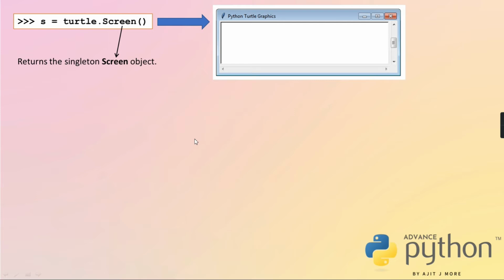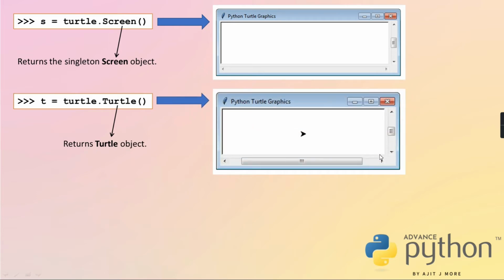When you run this, you'll see an output like the one I showed you just now. Now after this, the next thing is to create the turtle. To create a turtle, there is a Turtle class in the turtle module, turtle.Turtle. A turtle object is created. Once you create this turtle, you'll see at the center the turtle is there at origin 0, 0, and it is facing east. It returns a turtle object, and when you run it, you'll see this output. By default, the turtle is facing towards the east direction.